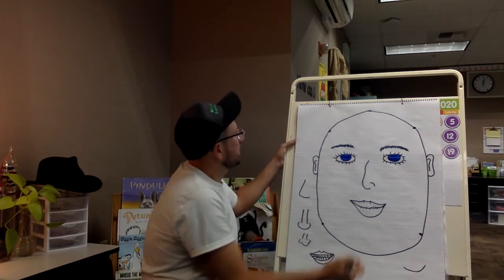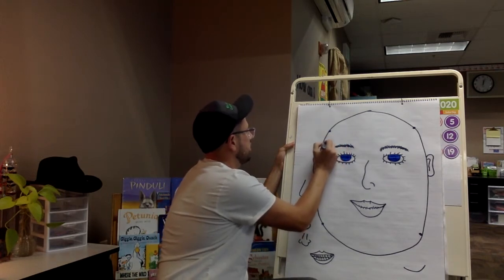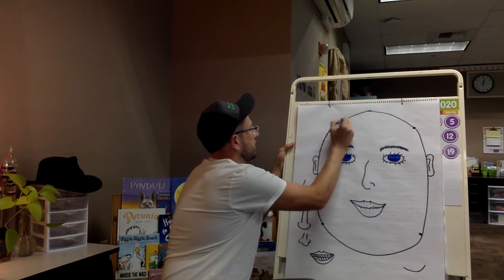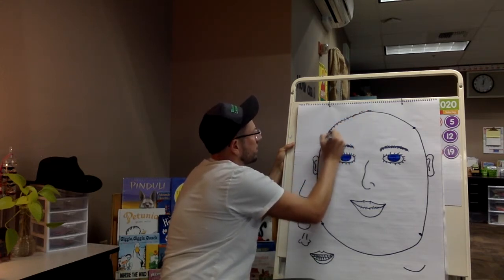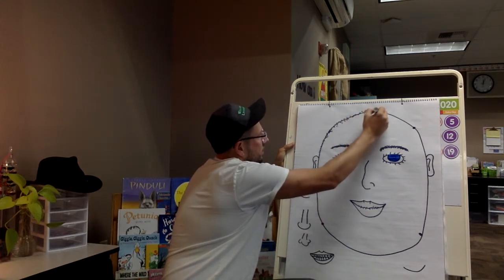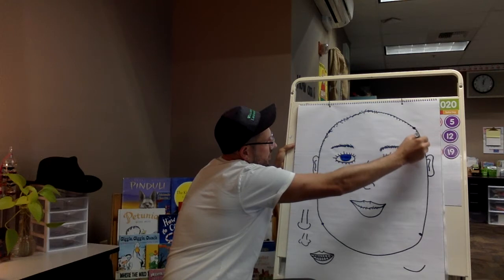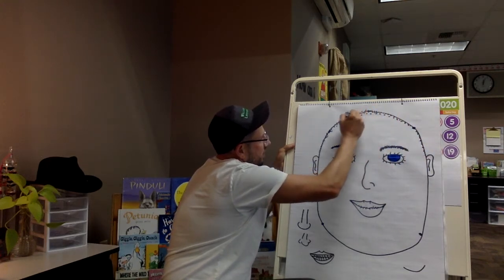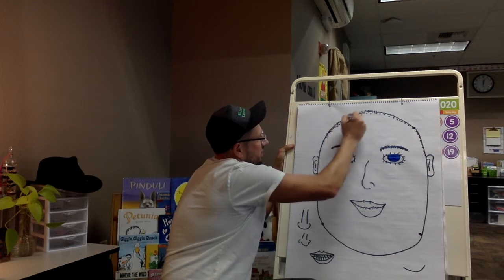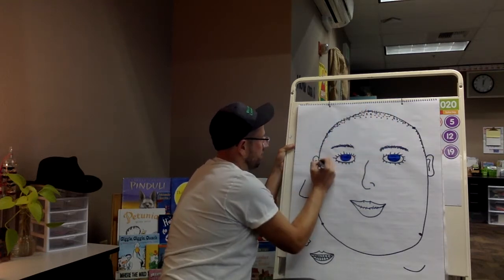Okay? And then I have pretty much no hair. So I'm just going to do some little dots up here that look like my head is shaved. Okay. Right on the top, all the way down to where my ears are. And this is kind of my forehead. So the hairline comes down a little bit on my forehead. But then